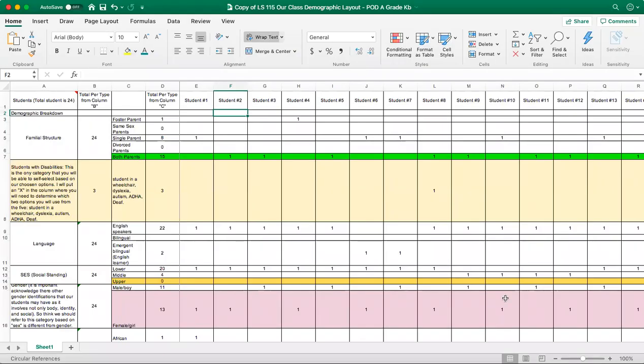Okay, so another thing that I wanted to showcase was our class demographic that we created. I think there are a few reasons why I'm super proud of this, and this was one of my favorite activities that I ever got to do. So first, taking it back to right before this, we pulled up our SARC and some other demographics about the community that we were going to be working with to create our fake classroom.